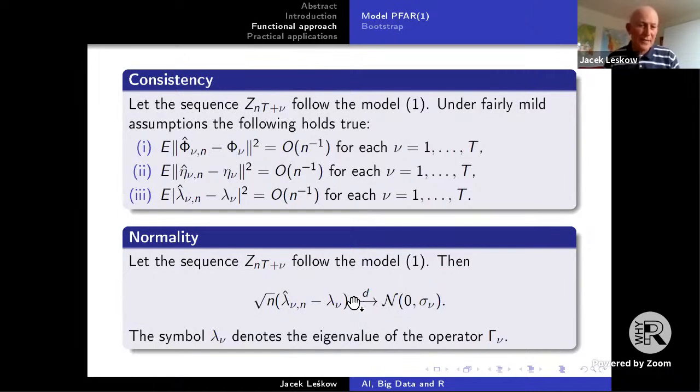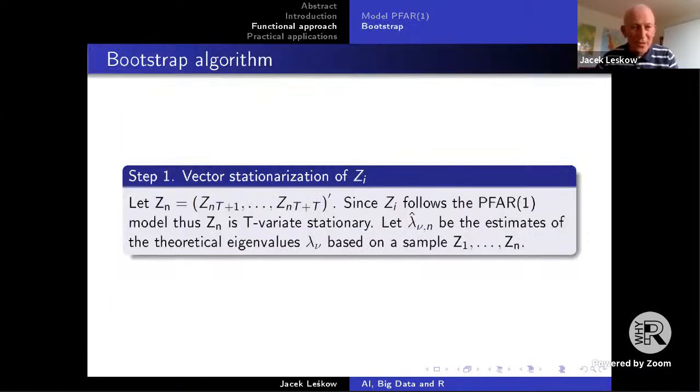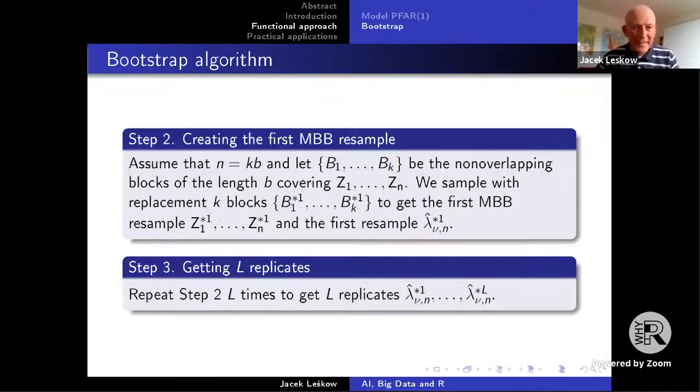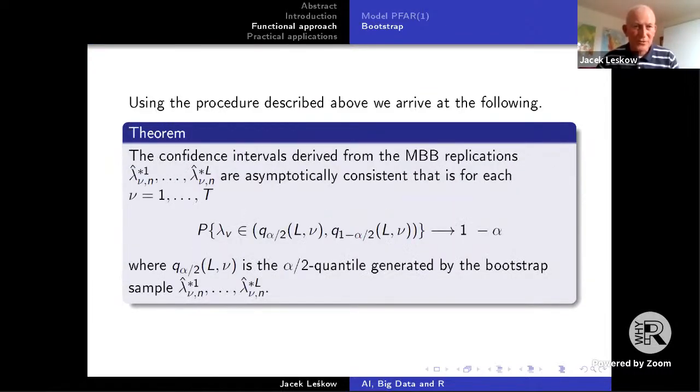The second block is our ability to do testing. And you aren't able to do testing if you don't know what is the spread of your estimator. And we are able to show that those empirical eigenvalues have a certain form of a spread that can be described with the normal distribution. Once you are past that point, you can do bootstrapping. Bootstrapping, as probably most of you who do data analysis know, is a very popular way to establish confidence intervals. So in the second part of my presentation, I'll be moving to practical application of the bootstrapping procedure.